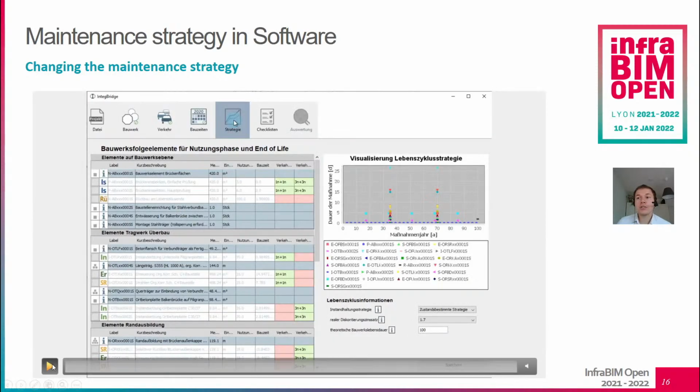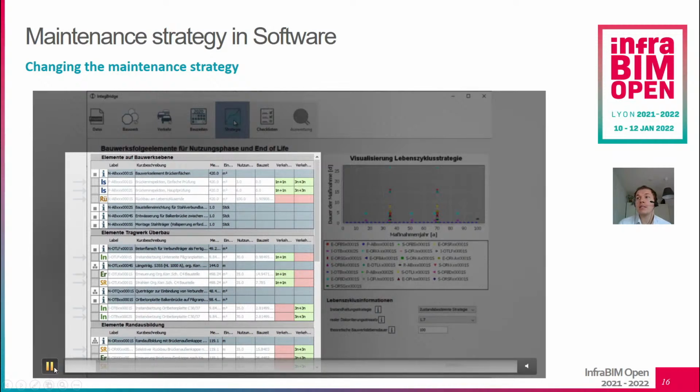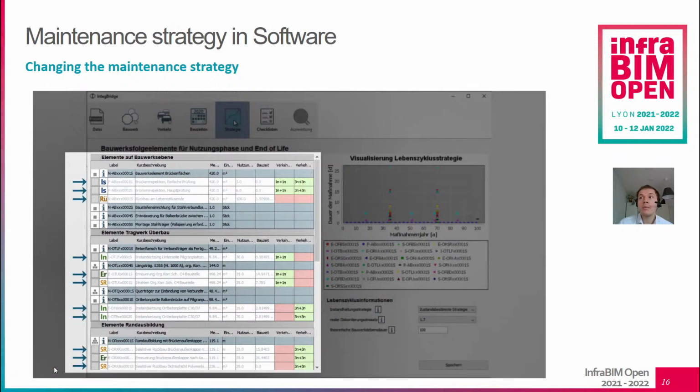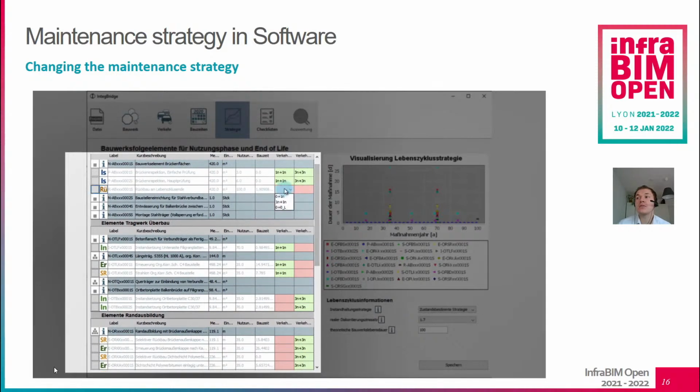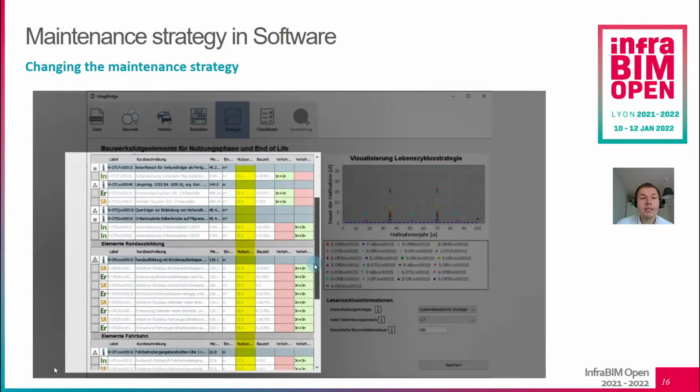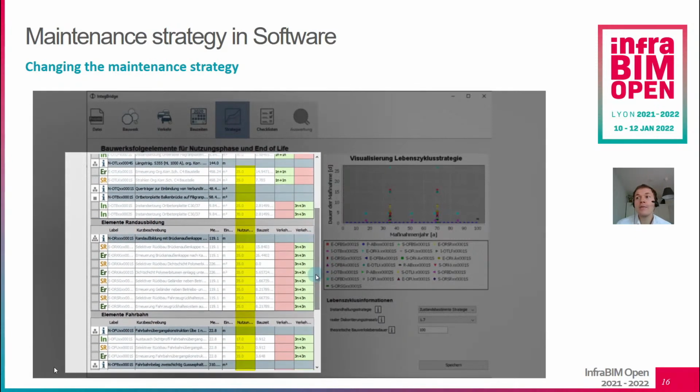Now again I'm just going to show you how this was implemented in our software. So we have our elements, we see our base elements which are now dark blue, and our follow-up elements for each element, which now have a specific new column, and this new column is the Nutzungsdauer or renewal cycle. First of all we have to choose our traffic routing for each measure, and then we can see our renewal cycle, and this renewal cycle is now strategy dependent.